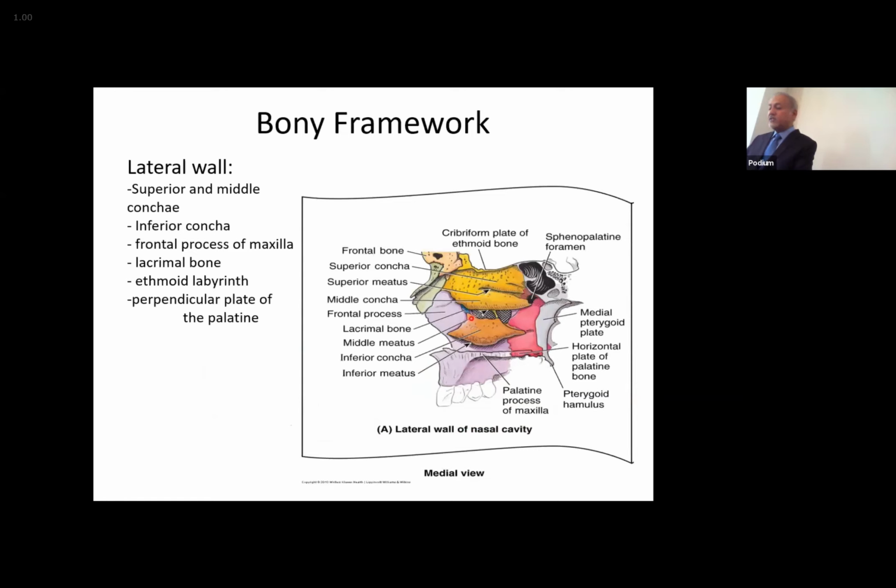Now, lateral wall. Now you see which bone is formed. This orange bone is ethmoid. Remember we talked about ethmoid bone and these bony projections, superior concha and the middle concha. So the lateral wall, which is formed mostly by the ethmoid bone, will have a superior and middle concha. Inferior concha is a separate bone, which is this bone there, partly lacrimal bone. You can see ethmoid, and this is the perpendicular plate of the palatine bone, which is forming the lateral component of it. Okay,